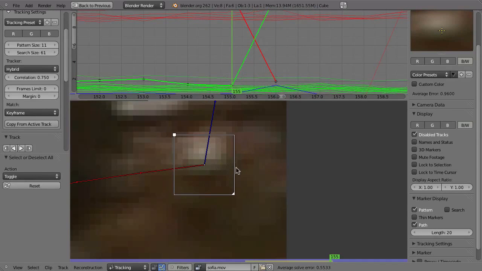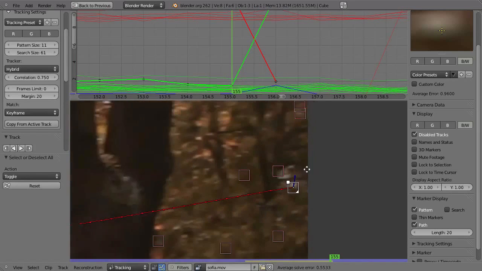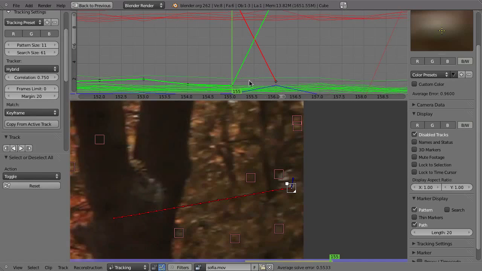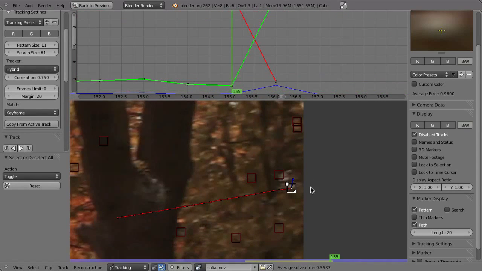But since the feature looks different from here to there, and since we have that sliding, maybe it might be good for the next time to set the margin to 20 pixels right away, like so. Because then, as soon as the marker is 20 pixels away from the border of the frame, it will be disabled. So eventually there will not be that jumping when a marker or a track leaves the border of the frame. Okay, but in this case, just select that, Alt-T,